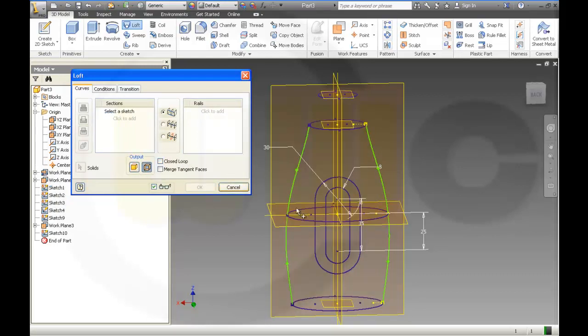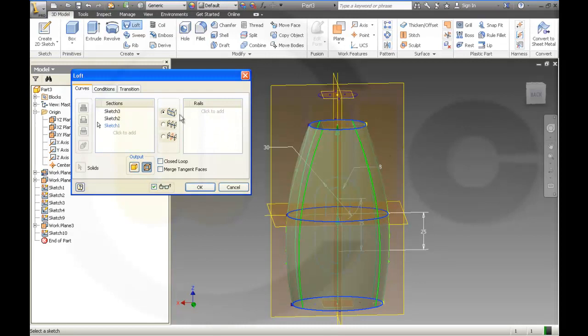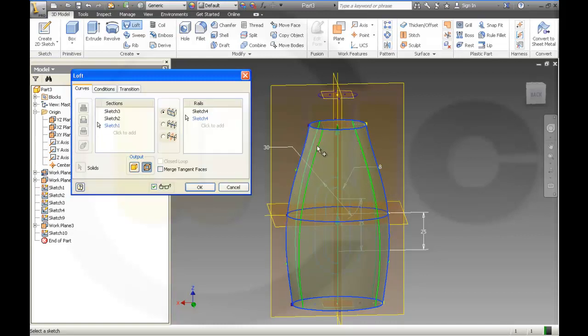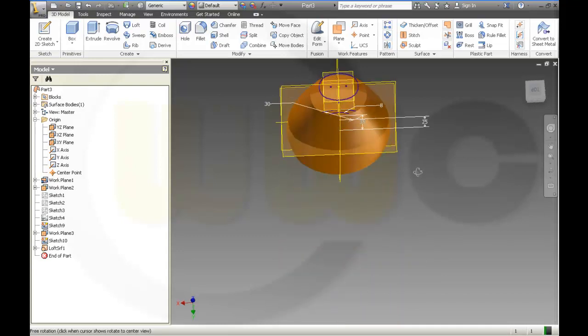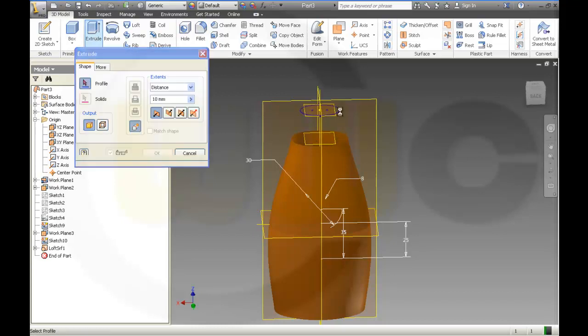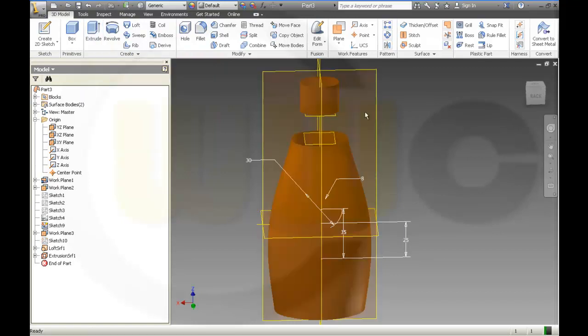a surface, so I have this one, that one, and I need some rails. That's one rail, that's the second rail. Okay, yes, then I will make an extrude with this one, and again I want some surfaces, so maybe, yeah, it's 20, doesn't matter. Okay,